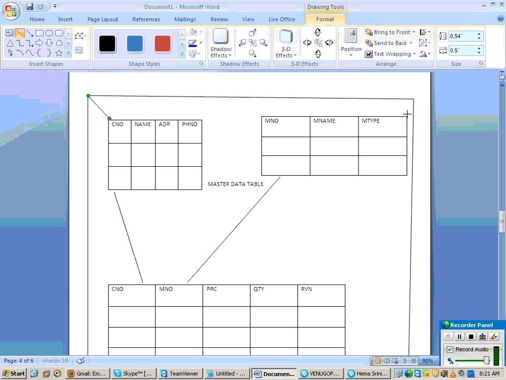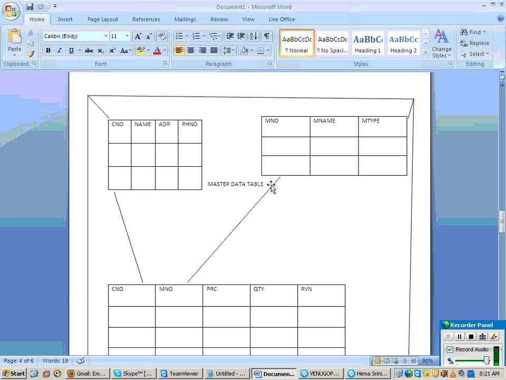So for every dimension, one master table is. So that means this can be called now master table as a dimensional table. Okay. So now this type of design is called as.